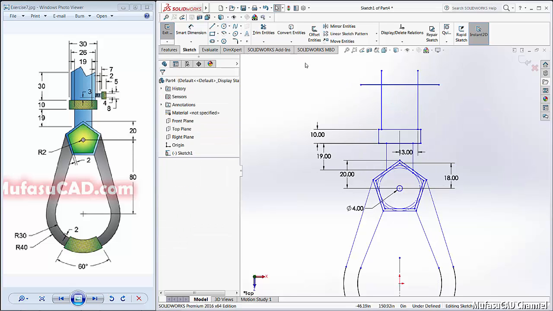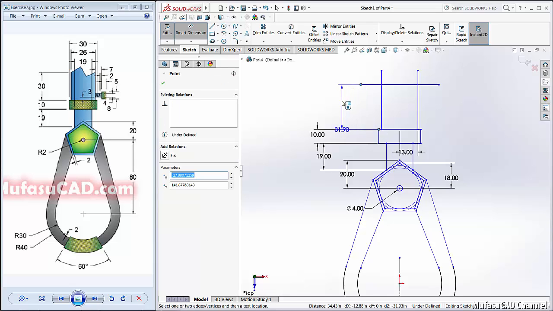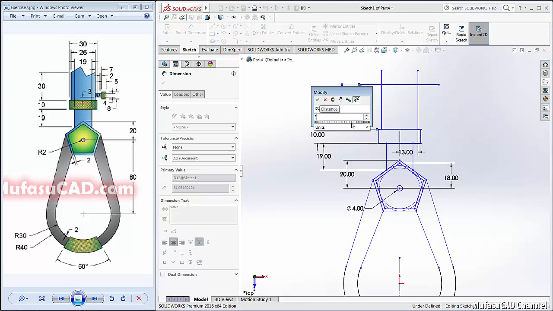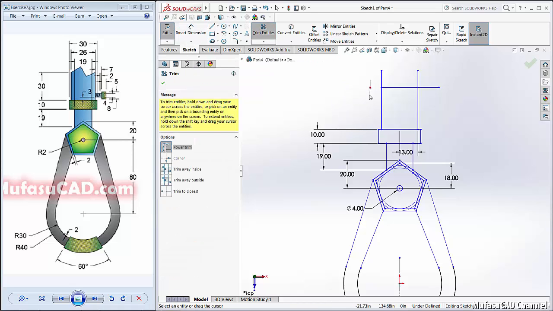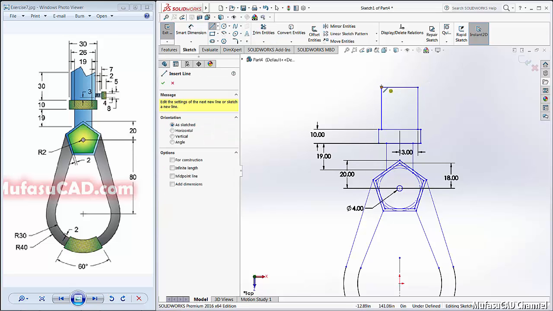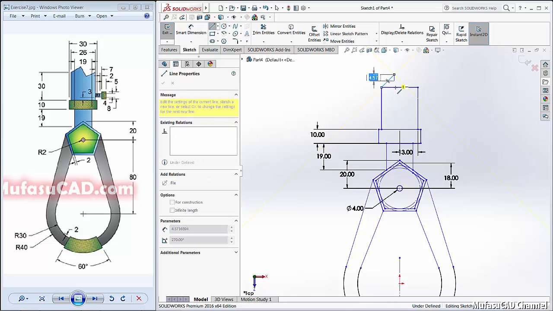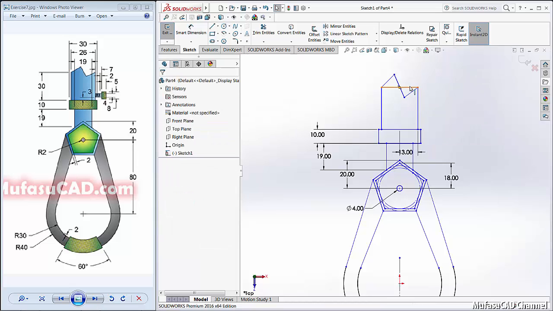Right click, select, and give the distance here about 30, and we cut with trim entities here. Okay, and next we create a freestyle here. Okay, right click, select, and delete in here.